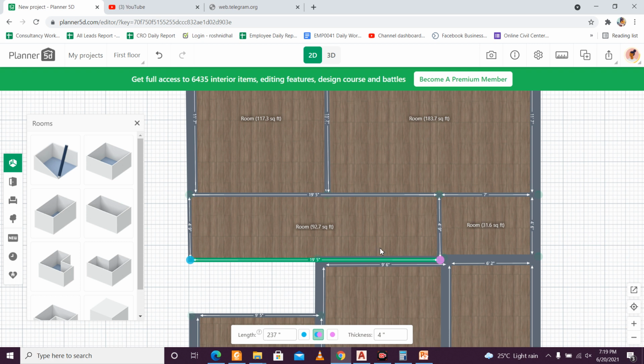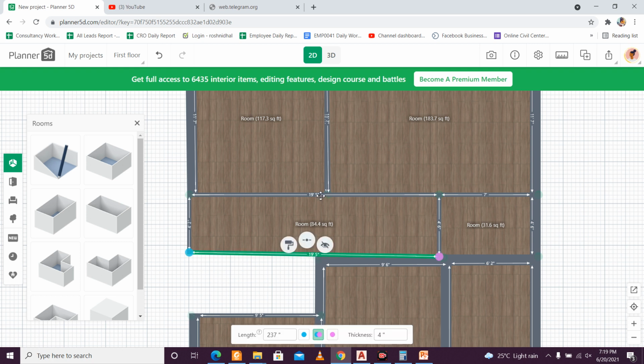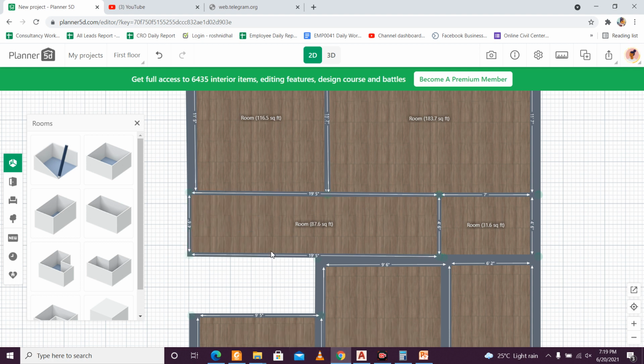So this is 19 feet 3 inches. We'll just make it straight and make it in line of this. We'll just make this also the same as this. So it is 237, so it will also make this as 237. This one is 58. This one should also be 58. So like this we can do, and after this is done,